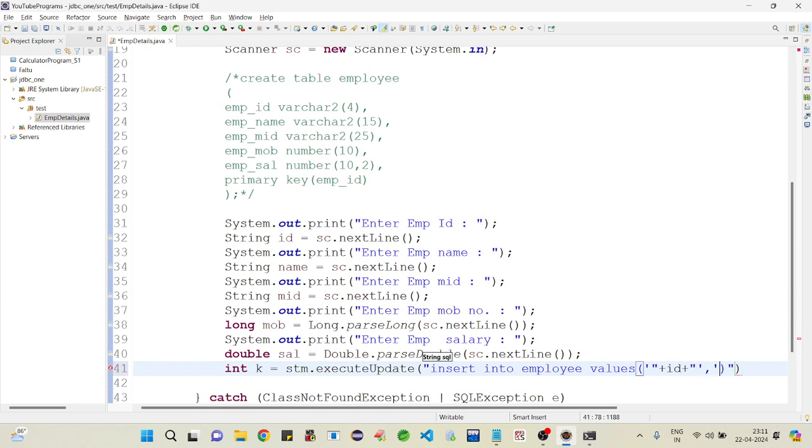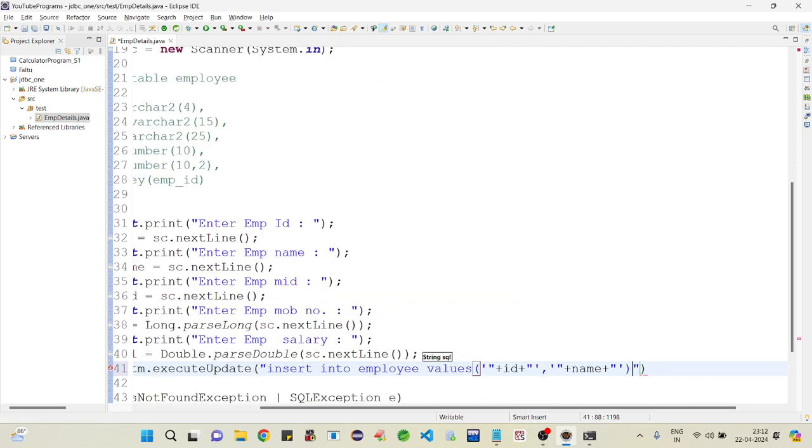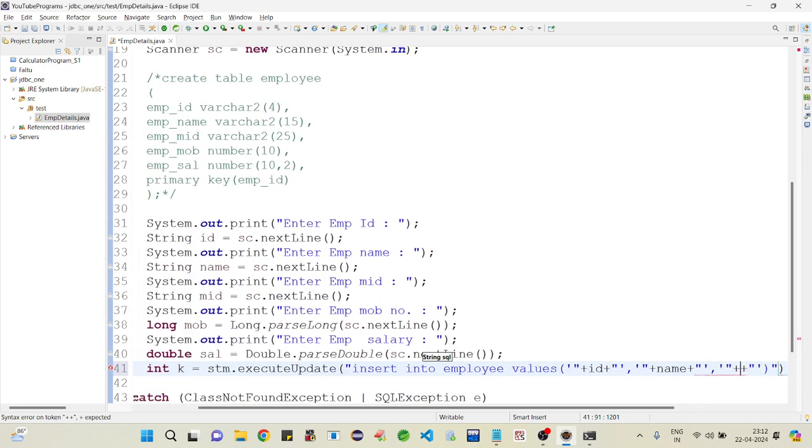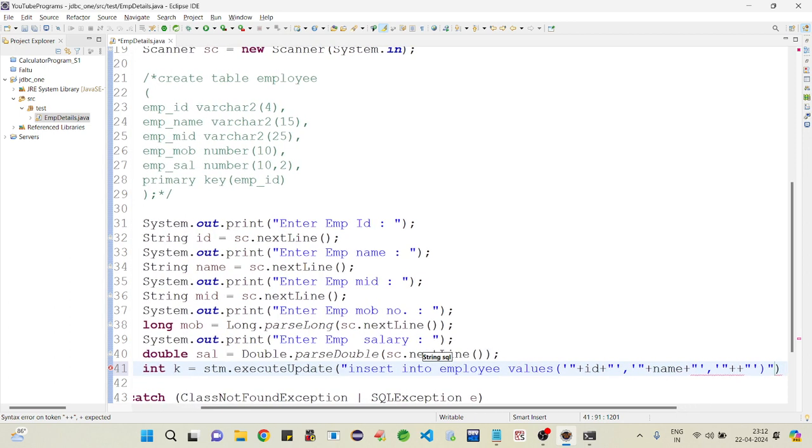After that again single quote, double quote, plus plus, then name, then single quote, double quote, plus plus, then emid.